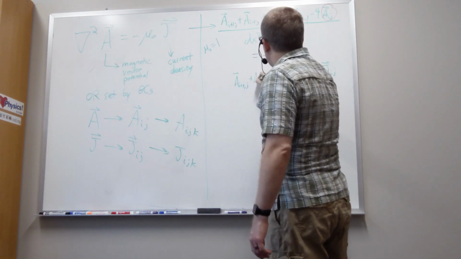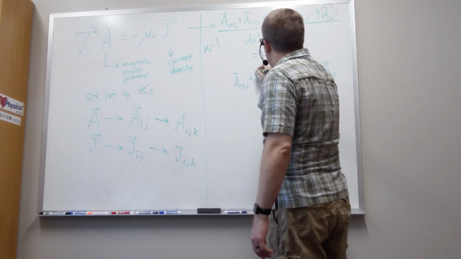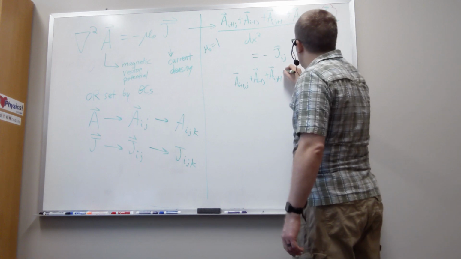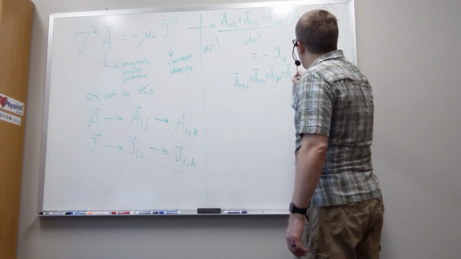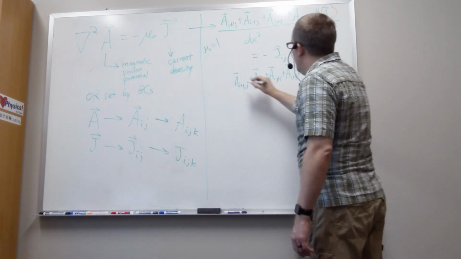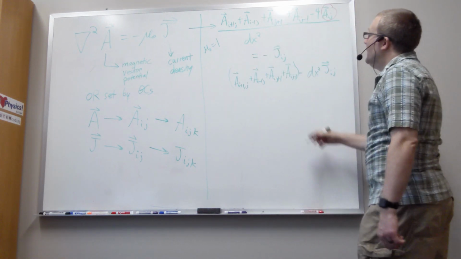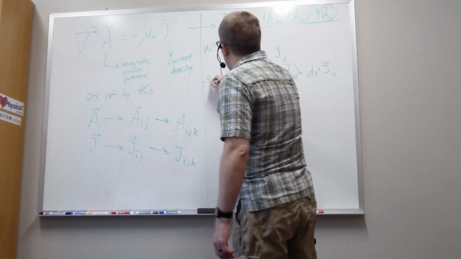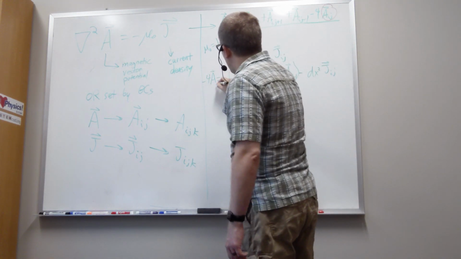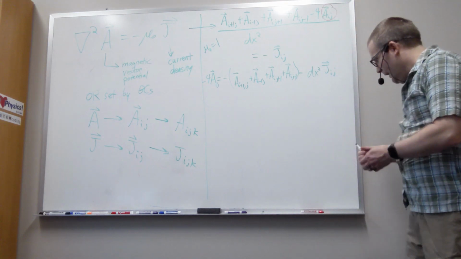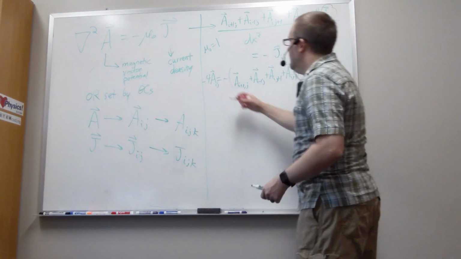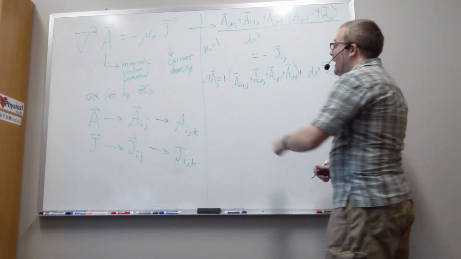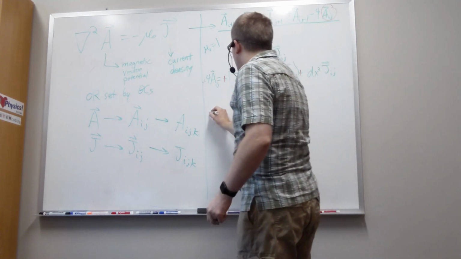I'll have an A_i-1,j. I'll have my A_i,j+1 and my A_i,j-1. That whole thing is being subtracted over, so I need a minus sign in front of it. I'm left with this negative 4 A_ij. Everybody has a minus sign, so I can just get rid of the minus sign there. And the only thing left here is a 4, so my